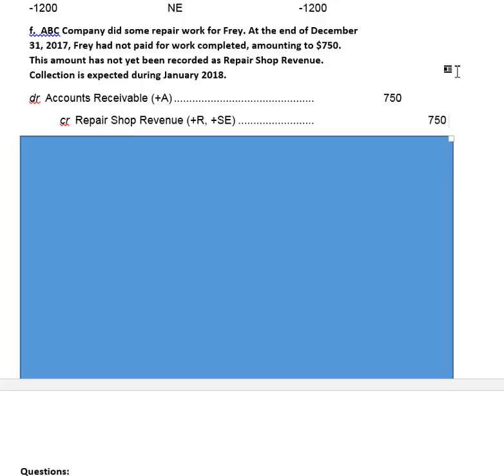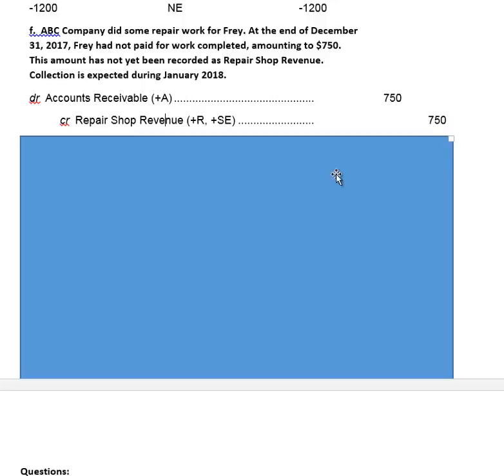So any amount that we've earned, but we haven't yet collected from the customer, we're going to debit accounts receivable because we are entitled to receive that money at a later date. We expect to get it in January, but we've already earned it. And you'll remember earlier in the course we talked about recognizing revenue, right? So again, we would have recognized revenue at the end of 2017, even though we haven't got the cash yet, because we've earned it,